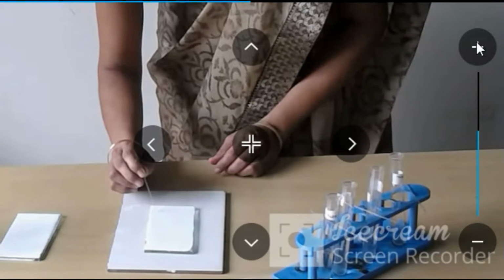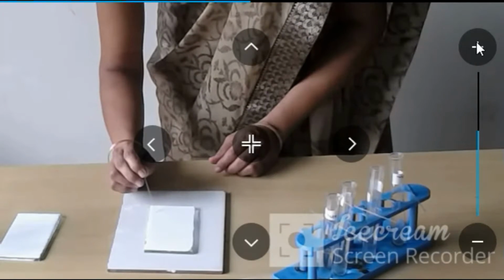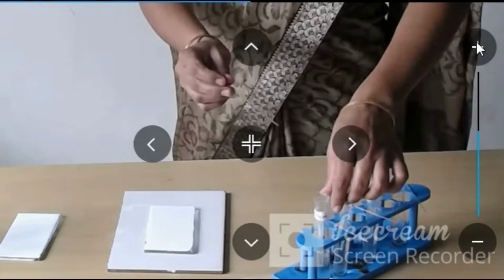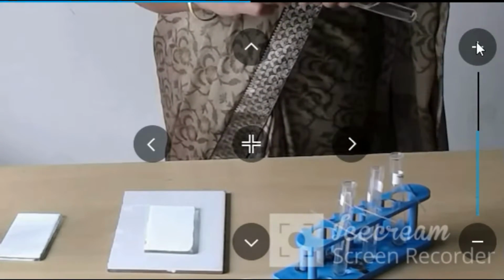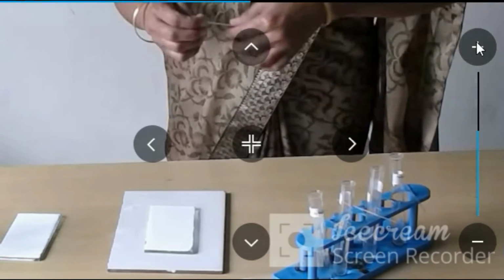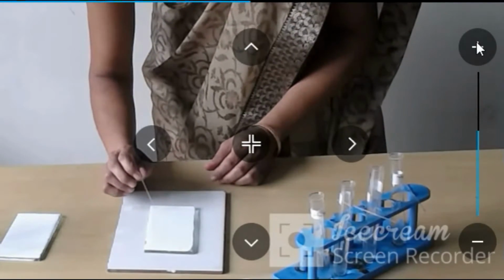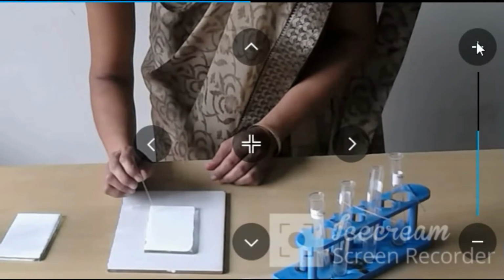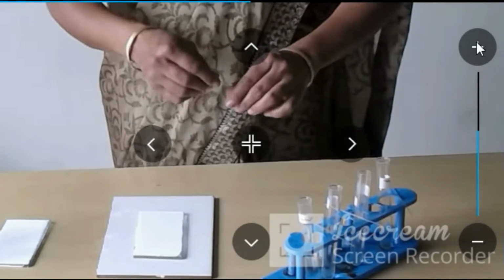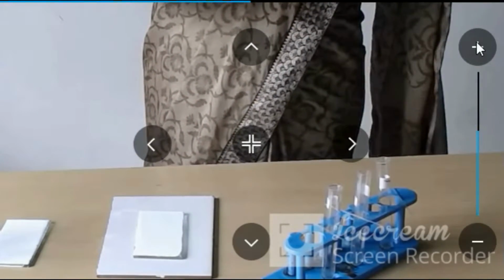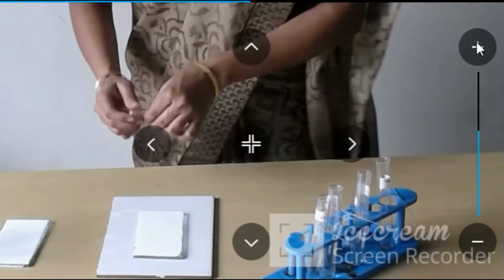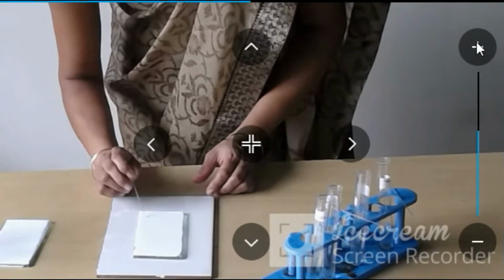Also I am going to spot the mixture of all three carbohydrates together. I have taken a mixture of all carbohydrates together. That is our sample.